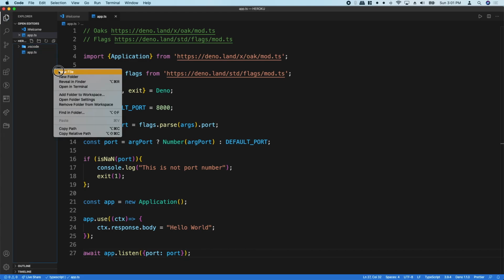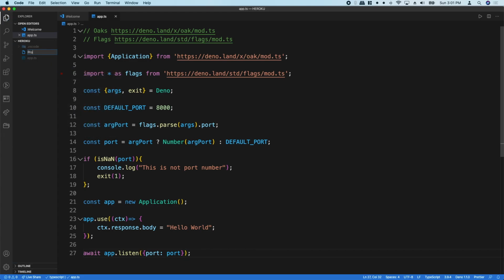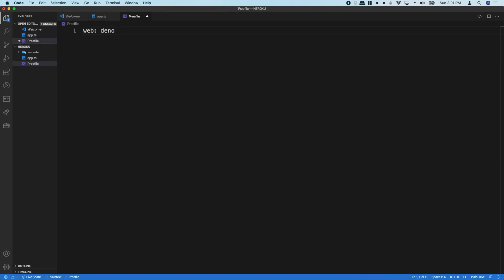To deploy our code inside the Heroku server, we also need to create a Procfile. Inside it, we need to pass web, our deno run command, and then we need to pass the flags. After this, pass the cache only, so our modules will be cached inside the server, not installed. Then pass the name of our main file as app.ts.